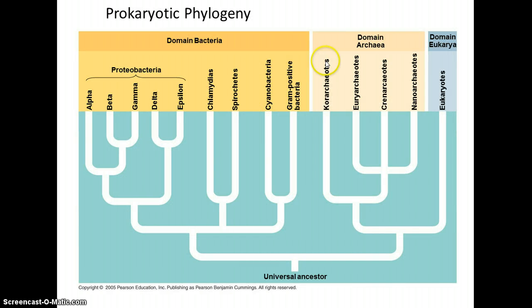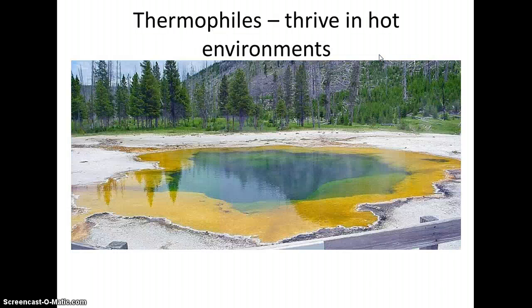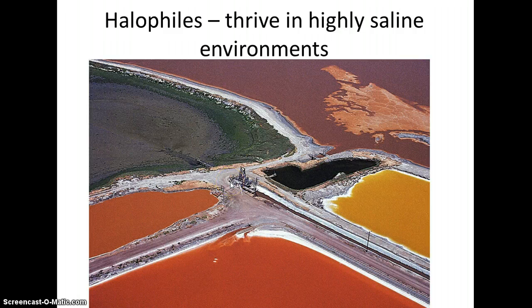Alright, let's focus on the archaea for a moment. These are prokaryotes that are often known as the extremophiles. They live in unusual environments like hot springs. They're heat-loving prokaryotes, and come in these unusual colors. Some survive in very salty environments, the halophiles. These are ponds in which sea salt is being generated by pumping in seawater and allowing it to evaporate, and this is the salt along the edge here. And the color of the water changes as it's becoming saltier and saltier, and different types of prokaryotes are thriving in them.